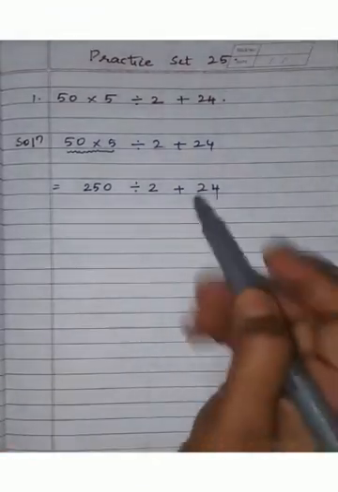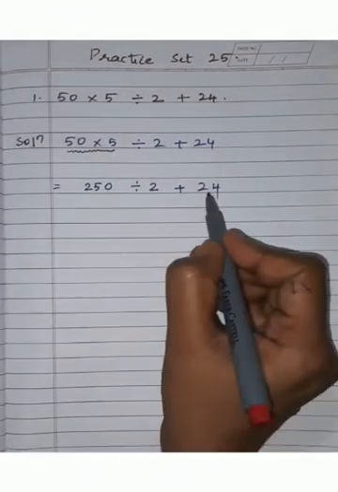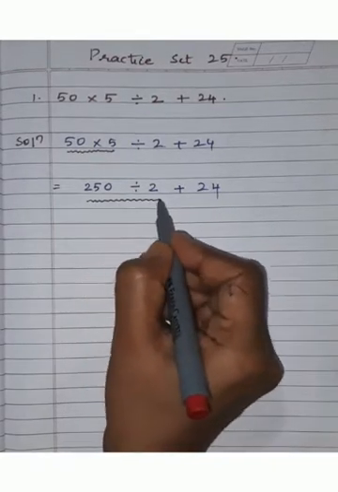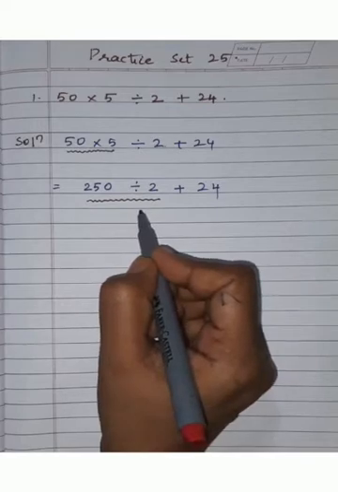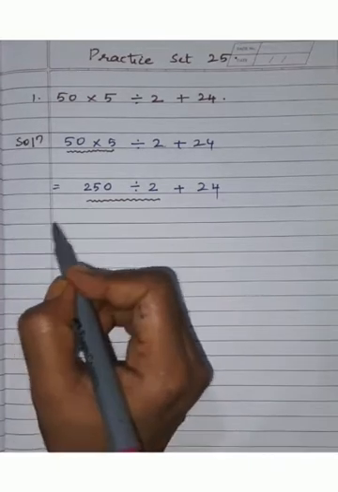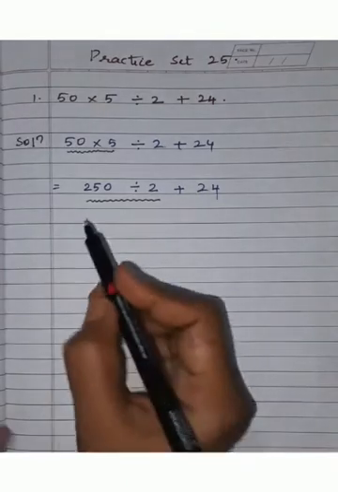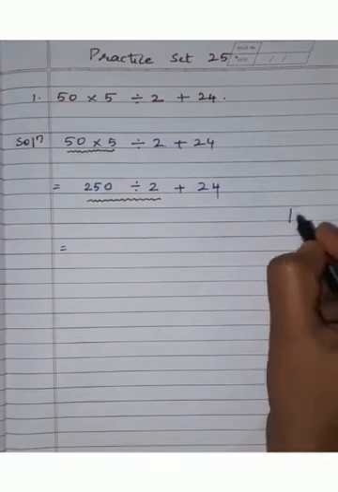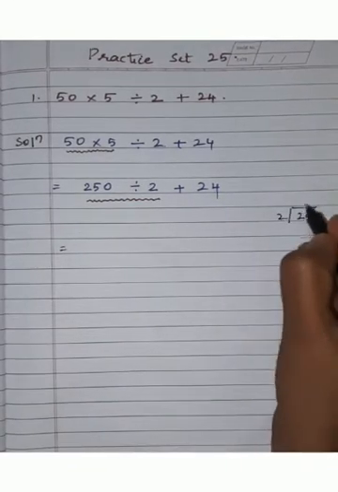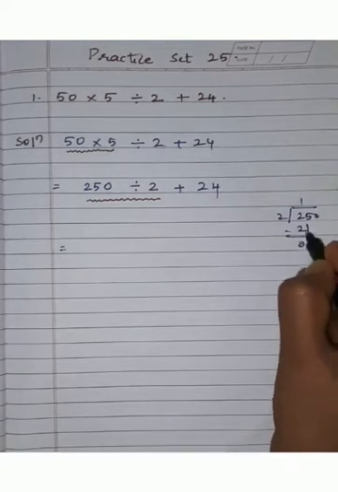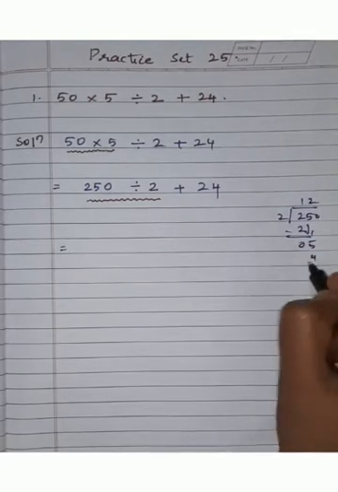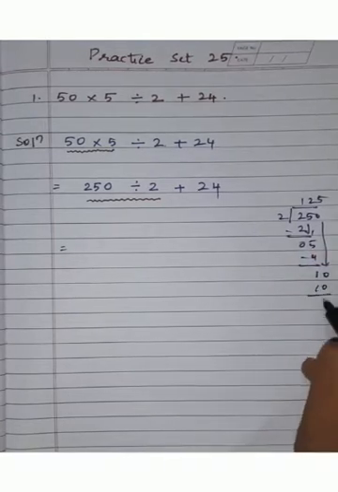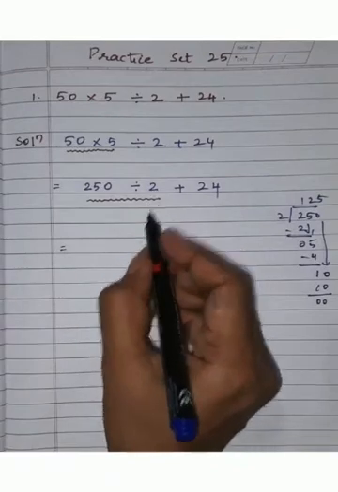Now children, division and addition are over here, so we will give the preference to division. Okay, I have always told you that you have to always start solving from left to right. Okay, now this 250 divided by 2 is how much? If we divide 250 by 2, 2 ones are 2, 0, carry this 5, 2 twos are 4, 1, and carry this down 0 here, 2 5s are 10. Okay, remainder we are getting as 0.